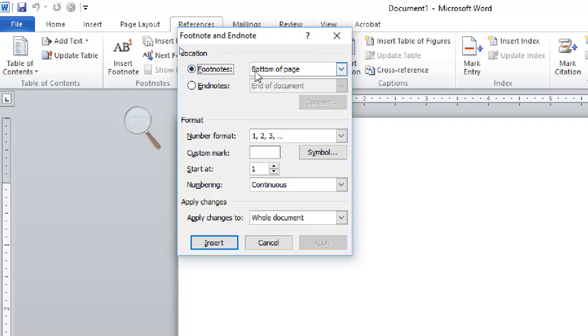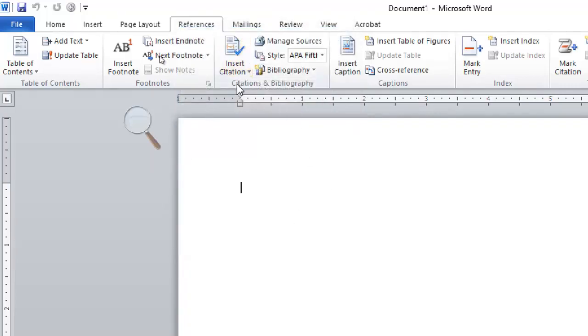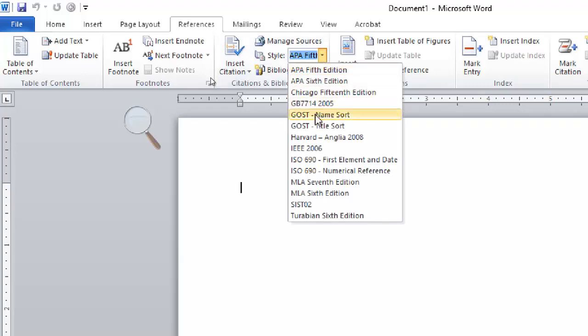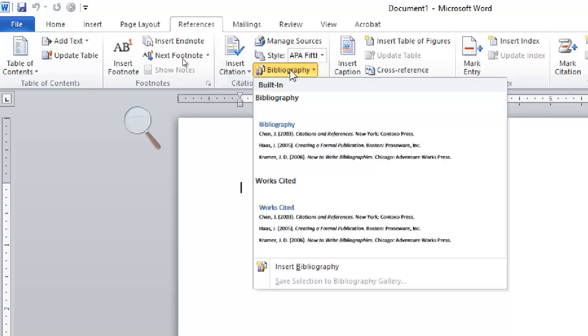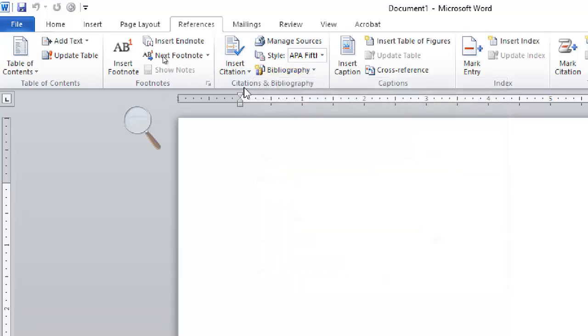Let's suppose that footnotes always go to the bottom of the page, but it's not necessary. Similarly, endnotes go to the end of the document, but not necessarily, right? Then you should know how to create a bibliography and what different styles we have available in Microsoft Word. The most common are APA and Chicago. And before creating a bibliography, which comes at the end of the document normally, you have to create a citation.